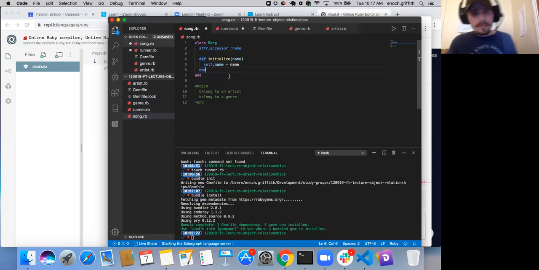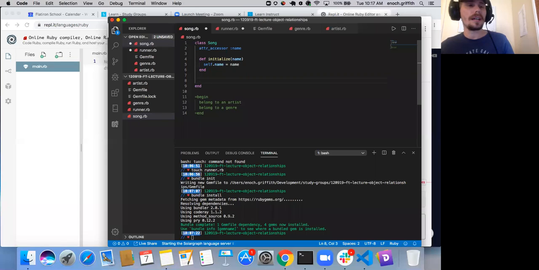Okay. Now then, what essentially does it mean for an object to belong to an object? Like, does anybody know what it means code-wise? Like, what are we going to be storing in order for an object to belong to another object? The artist object. Yes, we're going to be storing the artist object. So one thing that I see often, and we'll create this as an attr accessor to where we can set it. But one thing that I see often is